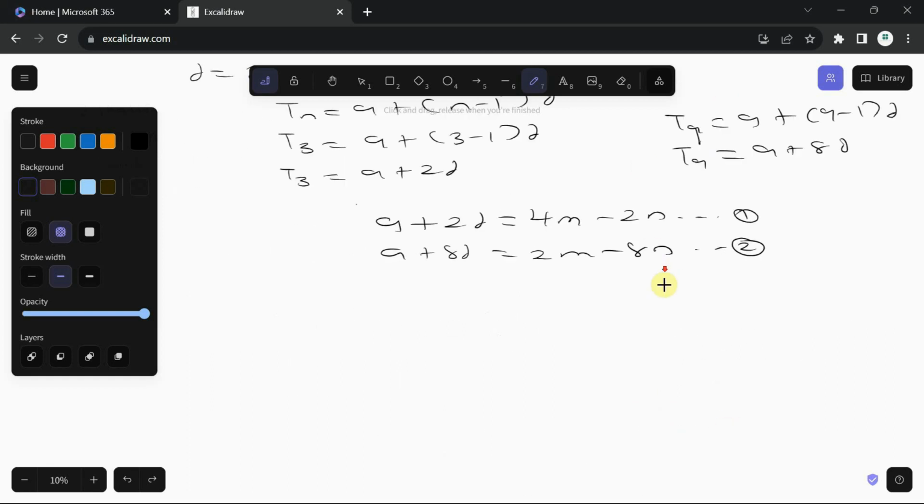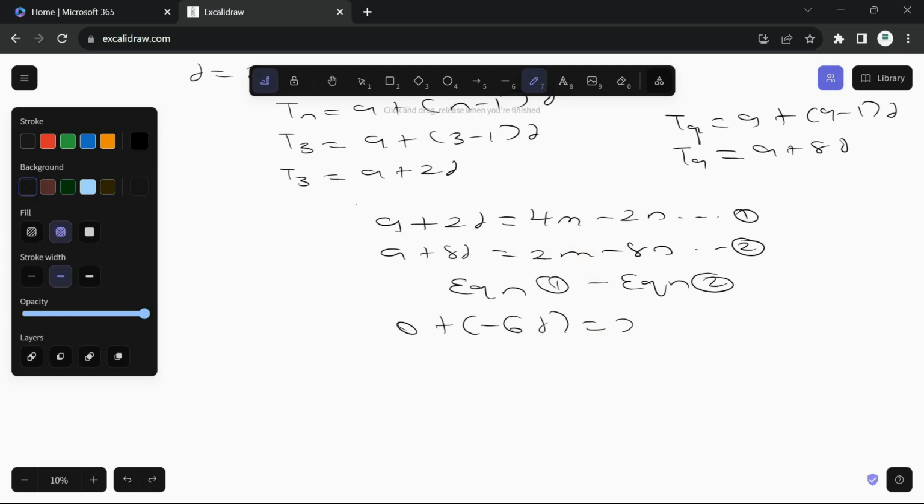So what do we do in these situations, as we did in those previous videos? It's best we subtract, because if I subtract, these a's will go. If I say a minus a, a will be out of the game. We'll be left with only d, m, and n, and that's very good. So we could say equation 1 minus equation 2. So a minus a gives me 0, plus 2d minus 8d. So you have 2 naira, but you go and buy something of 8 naira. Of course, I owe the person 6 naira, so that will be minus 6d